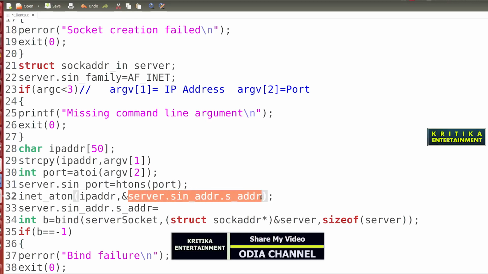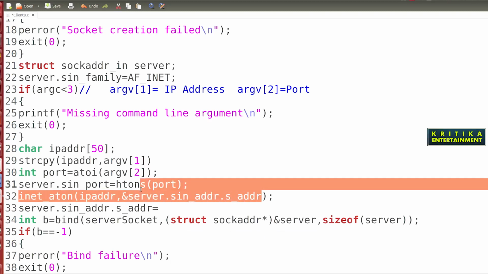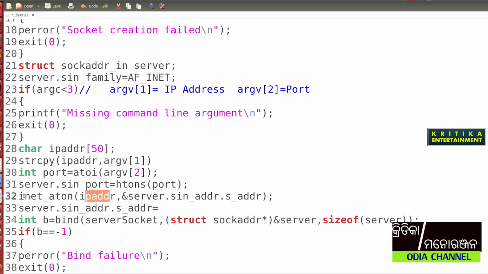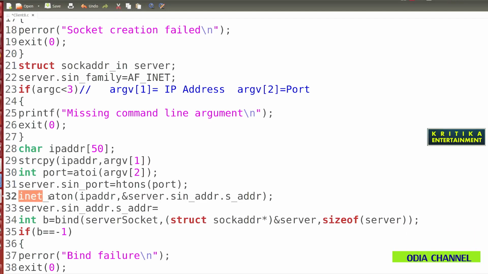This is the path of the IP address where it is to be stored: server.sin_addr.s_addr. So the IP address, which comes from argv[1], the command line argument, will be stored in ip_addr. Then the IP address will be converted and stored in this format. inet means internet, a2n means ASCII to network type.